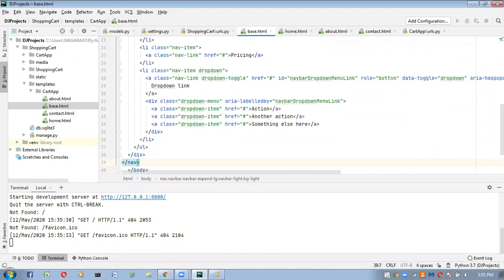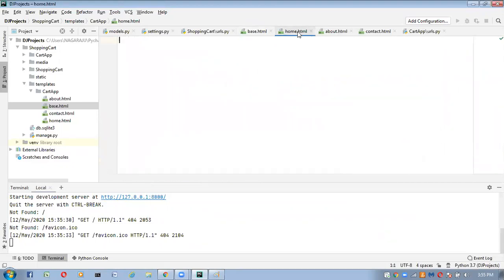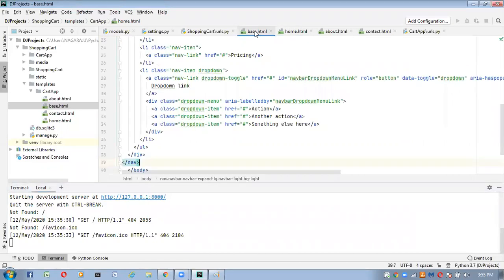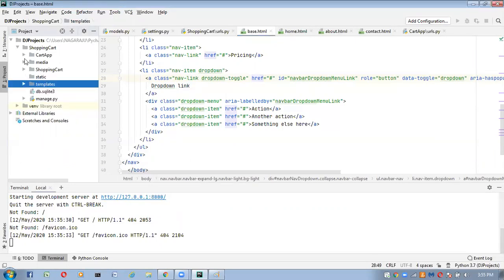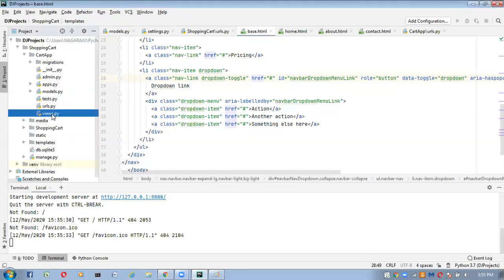Now observe very carefully. I took base.html like this. Now go to the views.py file. Inside the views.py file, I'm going to write one view function.